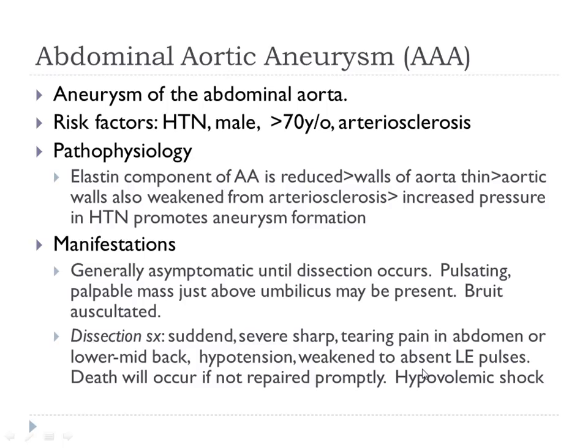So a lot of times people will be walking around normal every day with a small abdominal aortic aneurysm. The body's compensating well. We're not getting a lot of leakage of the blood in between those aortic or in between those vessel spaces. But the major sign of a AAA is a pulsating mass in the abdomen, usually just above the umbilicus, which is the belly button, right?